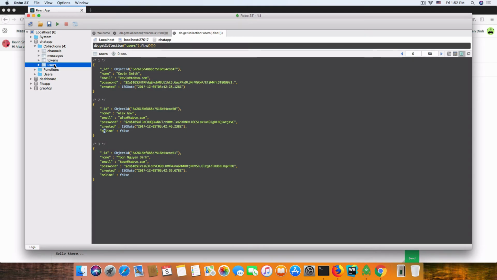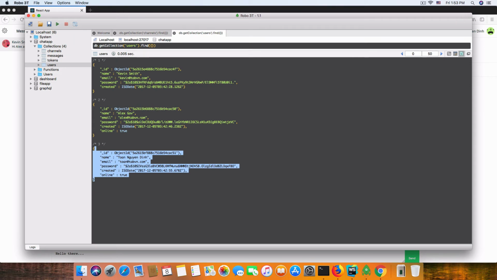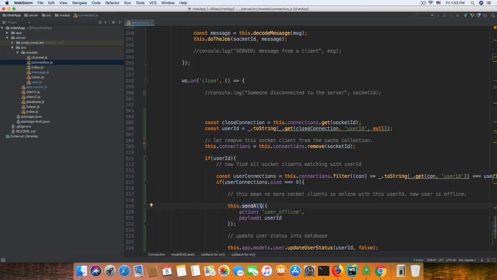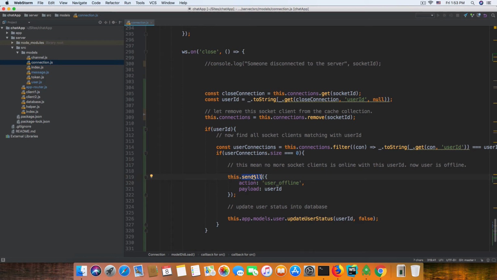So now let's go back to our user. We got, for example, all right, there's me and Alex is online. For example, in this case, Alex is online or offline. So I'm trying to find who is chatting with Alex and who is online, and send them the notification. So let's do this. I'm trying to create a new function to send. Sorry, send all. This is send all, but I'm trying to do